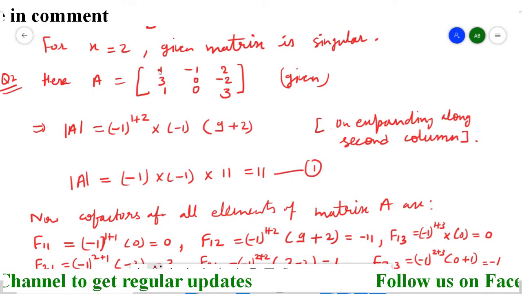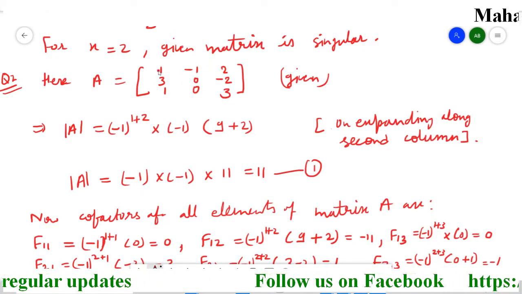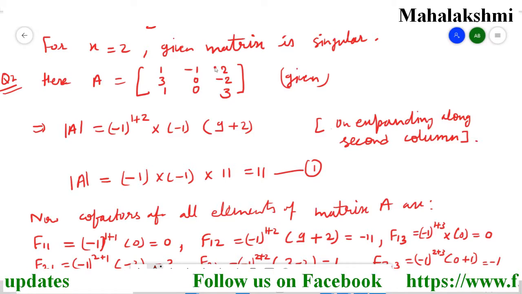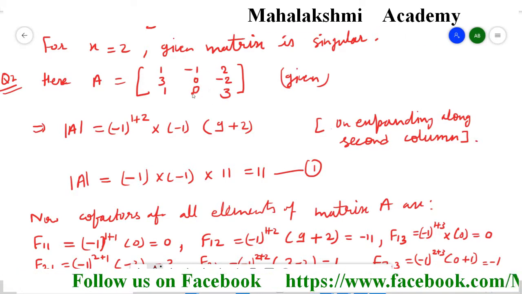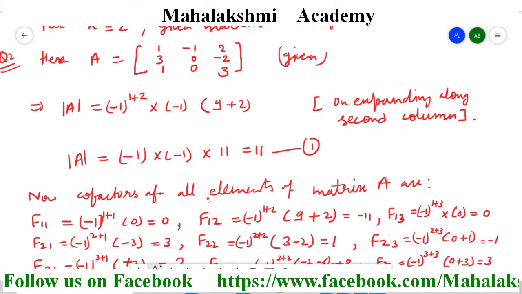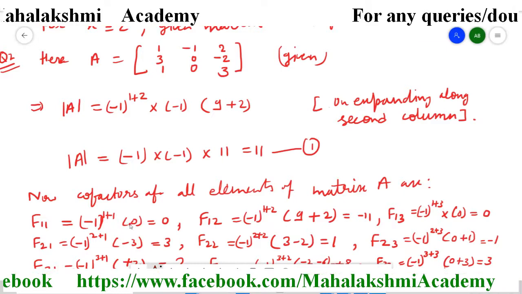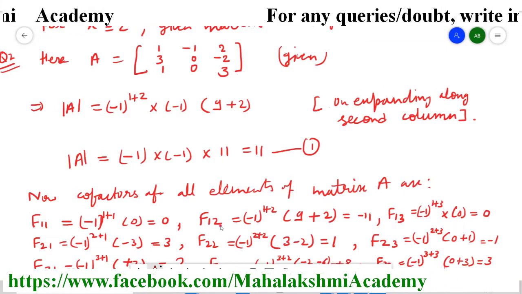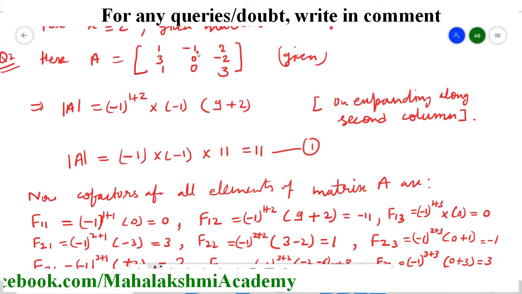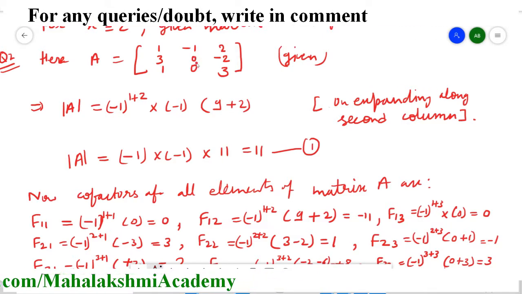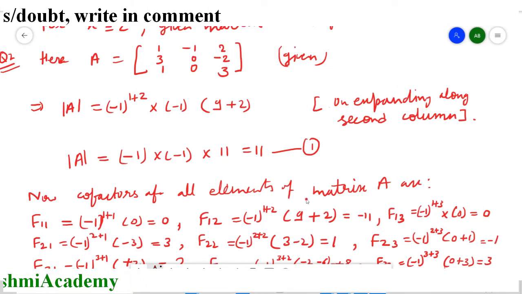The cofactor of this first element is going to be f11. For f11, if we cross this row and column, we will get the minor as this, and it's 0, because 3 zeros are 0 and 2 zeros are 0. So I wrote here f11 is -1 to the power of whatever the place is, 1 plus 1, multiplied by 0 is 0. Now f12 means first row, second column, we are going to write down for that. When we cross it, we will get here 3 3s are 9 and 2 1s are 2.